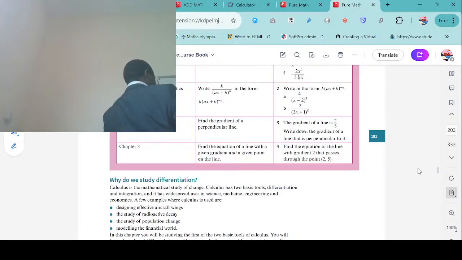Recall that the gradient of a straight line is given by the change in y over the change in x, which is the same as y2 minus y1 over x2 minus x1,